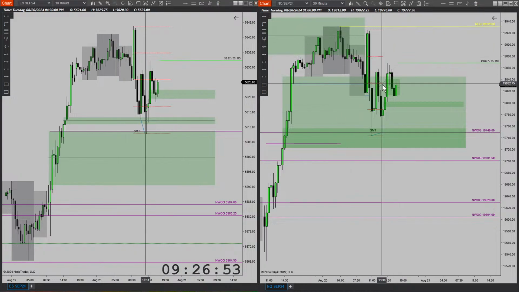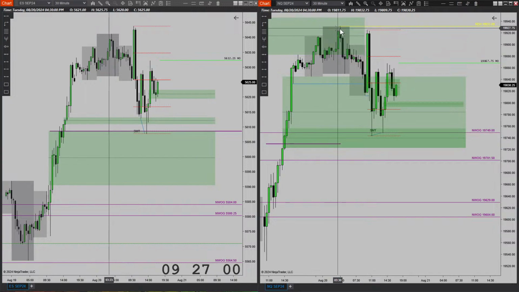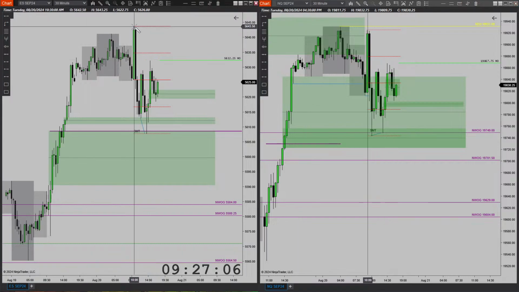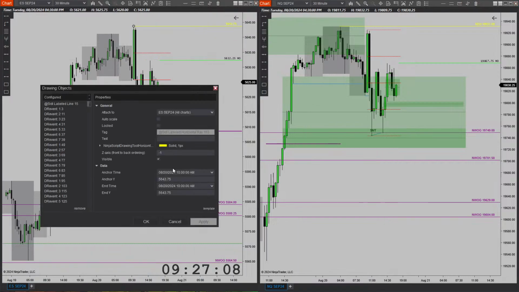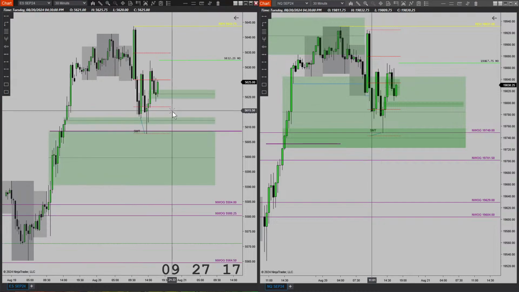This is the current dealing range for me because it swept this high and this low. So this is the dealing range along with relative equal highs. Again, this is the drawn liquidity for me. Let's go ahead and draw this right here. REH. Two relative equal highs between this high and this high here.